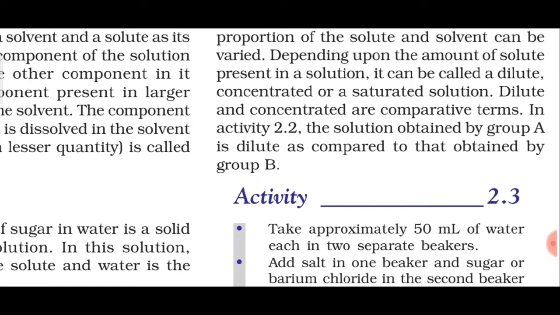So suppose you have to explain a dilute solution, concentrated solution or saturated solution, you can explain with the help of the amount of solute. For example, if the amount of solute present in the solution is very less, then that solution is said to be dilute. If the amount of solute present in the solution is large enough, then it is said to be a concentrated solution. And you might have heard the terms saturated and unsaturated. A saturated solution is that solution in which no more solute can be added, because the maximum amount of solute which can be dissolved is already present in that solution. So that solution is said to be a saturated solution.